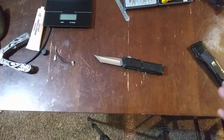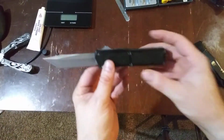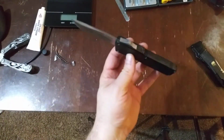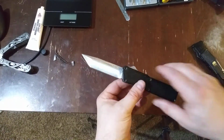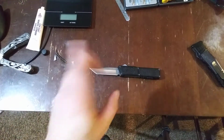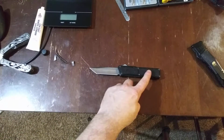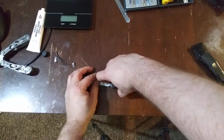And so this video is really more to discuss a weakness that I found in this knife that I've not heard anyone talk about in any of the videos on YouTube that I've watched. So anyways, I was pretty proud of my solution I came up with, and it works on the front of the knife, but it doesn't work in the back. So essentially what you have here is